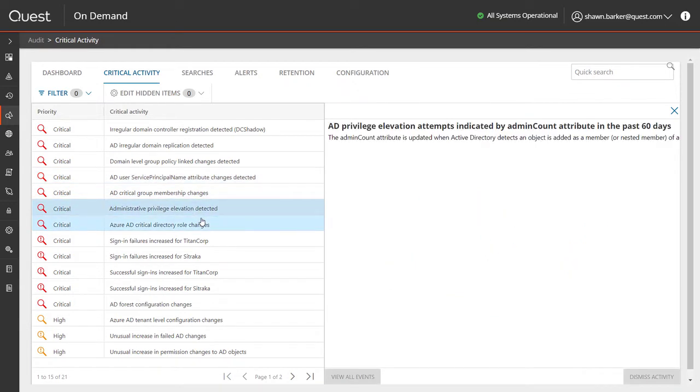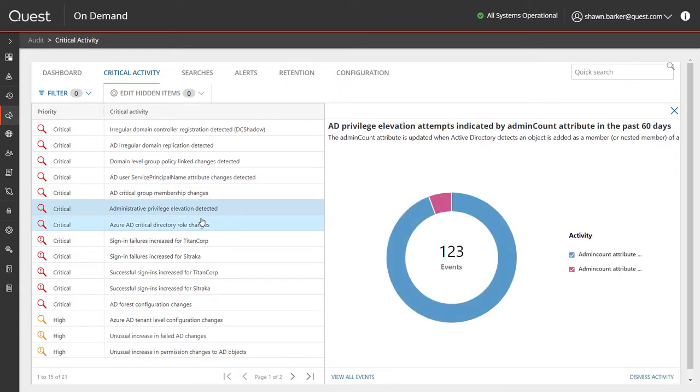Also, possible privilege elevation, so changes that have happened to the admin account attribute, for example, that would show that an ordinary user has been added to a built-in privilege group. And one of the IOCs that doesn't appear in this list that we've added recently are irregular SID history attribute changes. So if you suddenly see that a SID has been added to an object that's in the same domain, that's highly suspicious. So that is another IOC that would pop up as an alert in this widget.